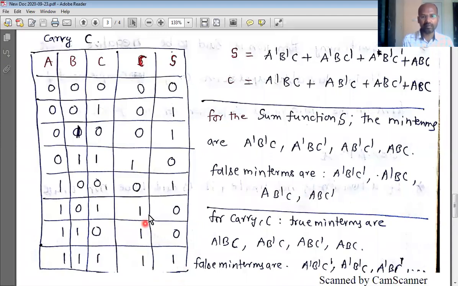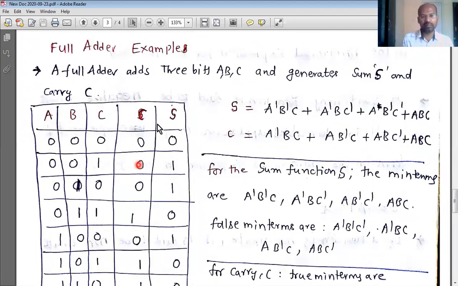Now we have to develop a circuit to which, if you apply any of these inputs, it produces the output as shown in this truth table. The next step is to convert this truth table into a valid Boolean expression. First of all, how do you convert this truth table into a valid Boolean expression? Like this. That is our next step in order to build the circuit for the adder.